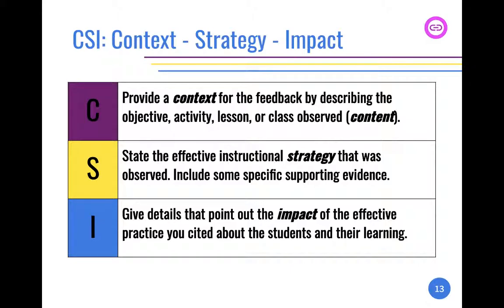So welcome back. I hope you enjoyed Lauren's video. So you should have your literal notes from that video. We're going to switch gears into the CSI strategy, and then you'll use your literal notes to try writing a